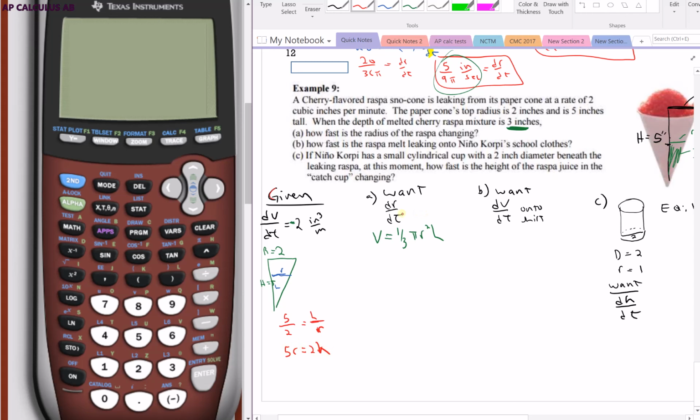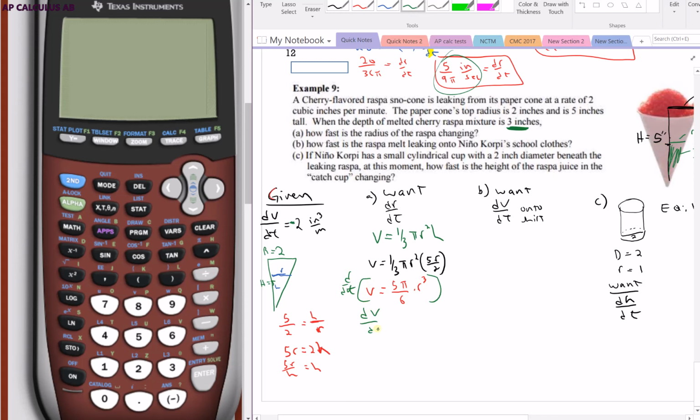And because I want dr dt, that means I need to replace h with something. So I want to solve for h. I want 5r over 2. And this is what's going to replace my h up here, because I want it only in terms of r, so I can find dr dt. And we will get volume equals, this is going to be 5 pi over 6 times r cubed,